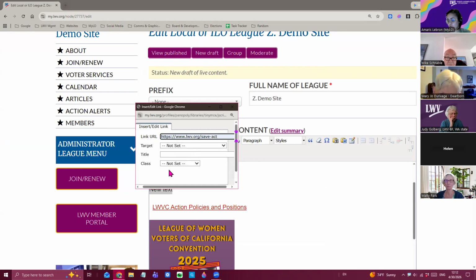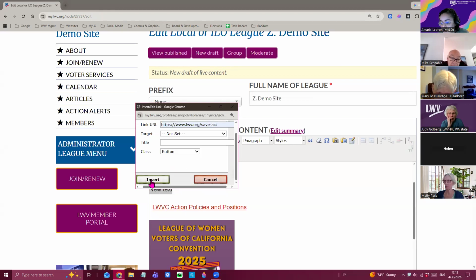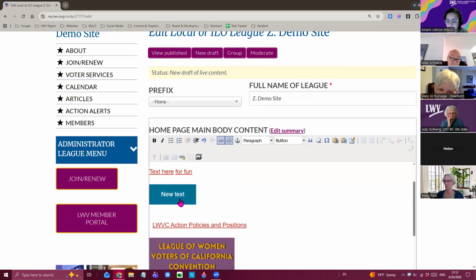So using insert edit link, you get this additional question of the class. I think that's the benefit of this linking tool. The other linking tool doesn't have the option of the class. Obviously, the styles is another way to set the class. But my biggest takeaway from using this tool is setting the button class from here, and it makes it nice